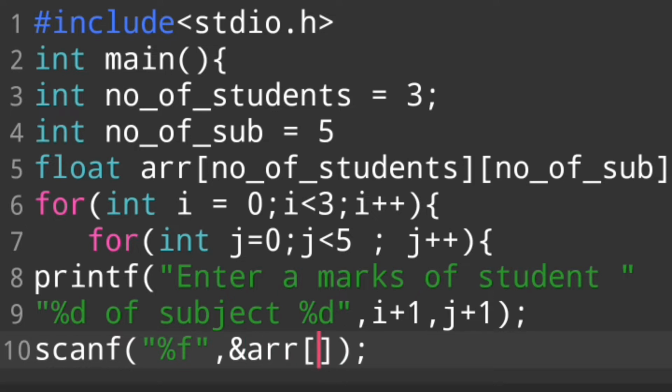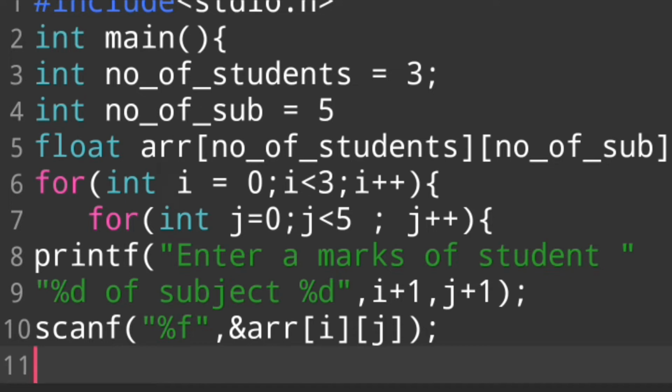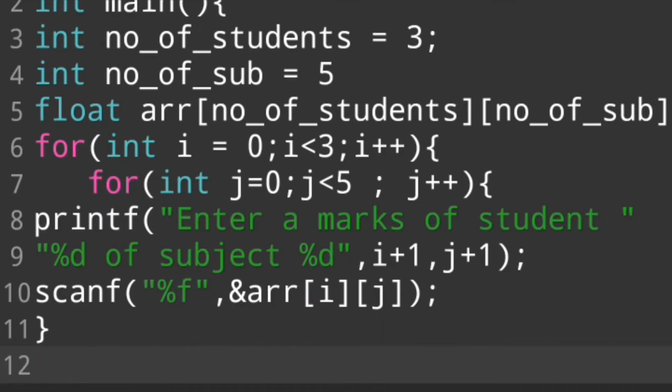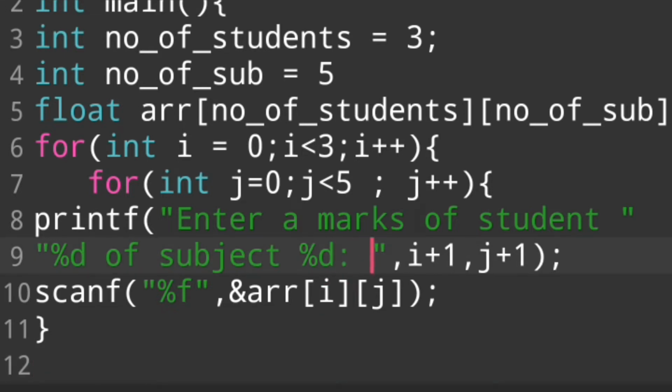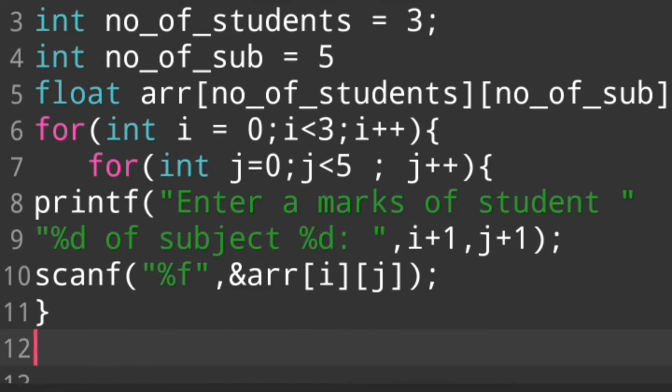So we say i, j, and then I close this loop. If our student 1 has written the marks of all 5 subjects, then we say